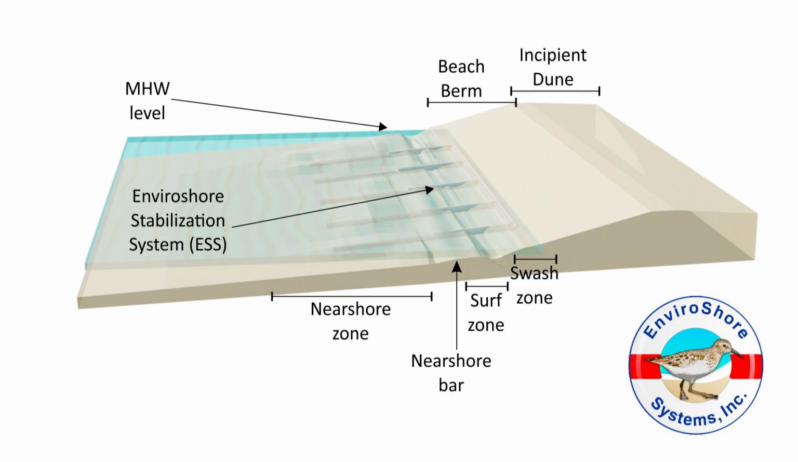ESS systems are designed to emulate the geology of a healthy beach and nearshore without interrupting the sand-carrying longshore currents. Unlike jetties and groins, the ESS is permeable. Eventually, the ESS is buried under new accreted sand and acts almost like a skeleton in providing structure and support